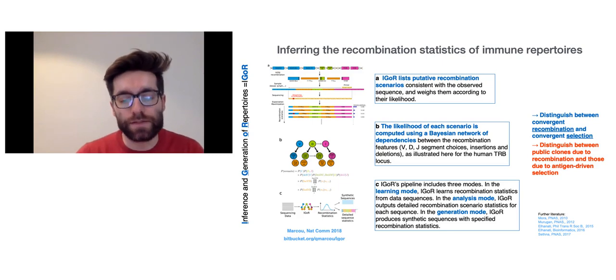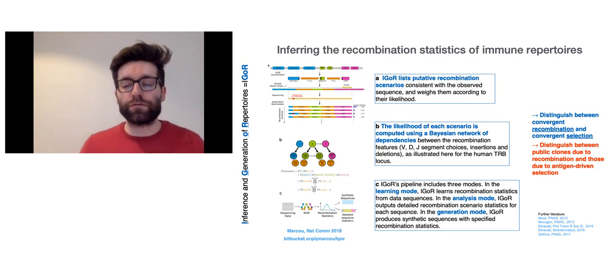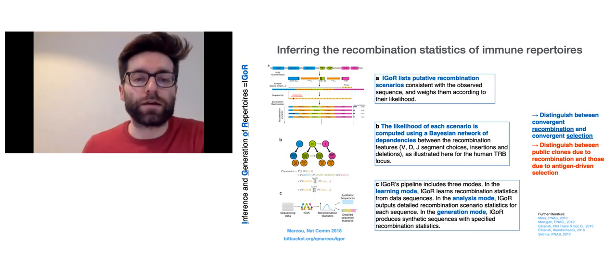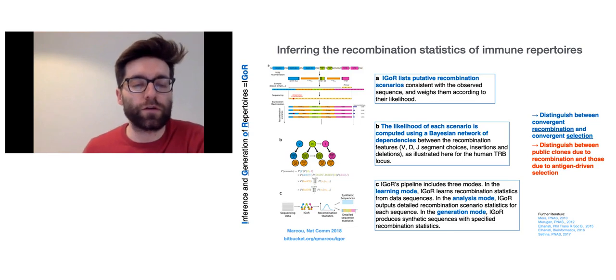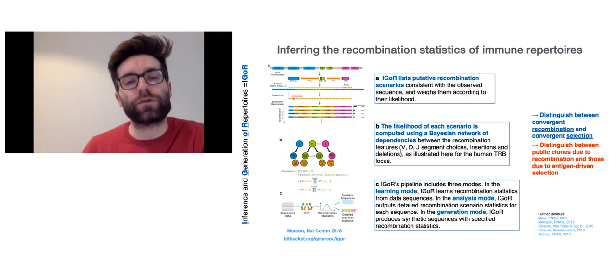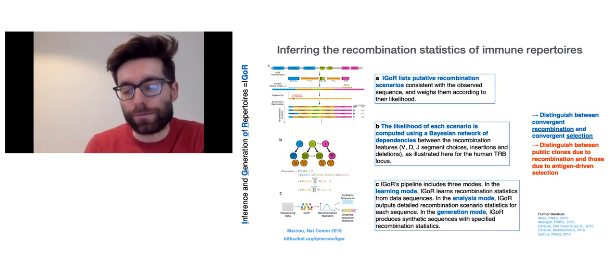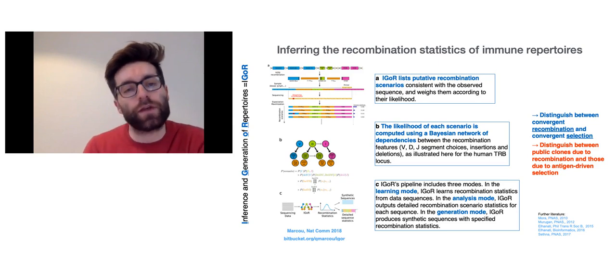That means the probability of seeing a given V gene is different across V genes, and therefore also the probability of seeing certain CDR3s is different across CDR3s. If they are short, they have a higher generation probability. If they are longer, they have a lower